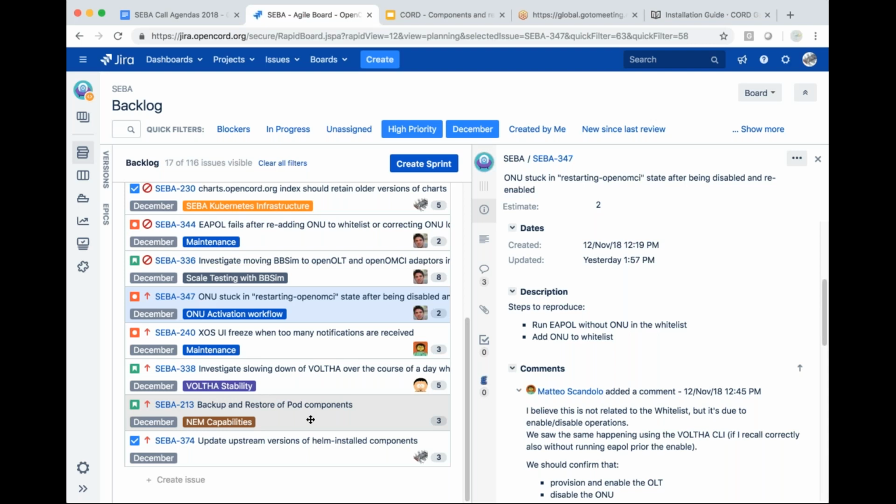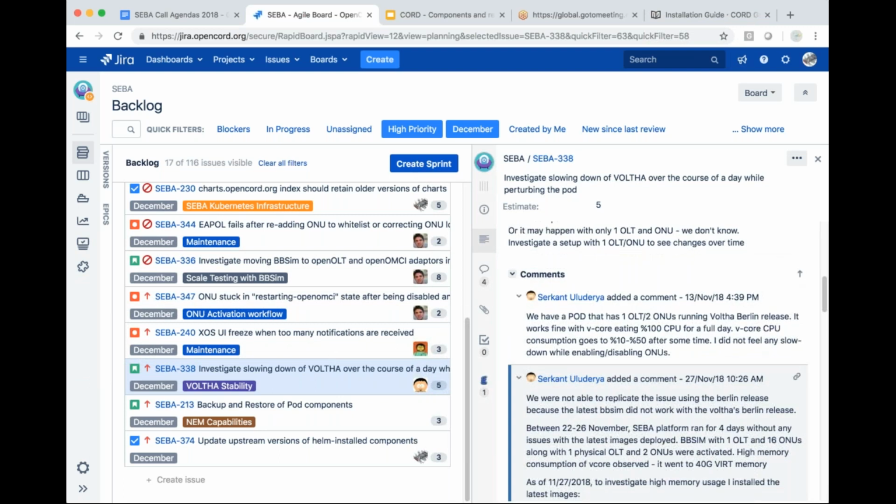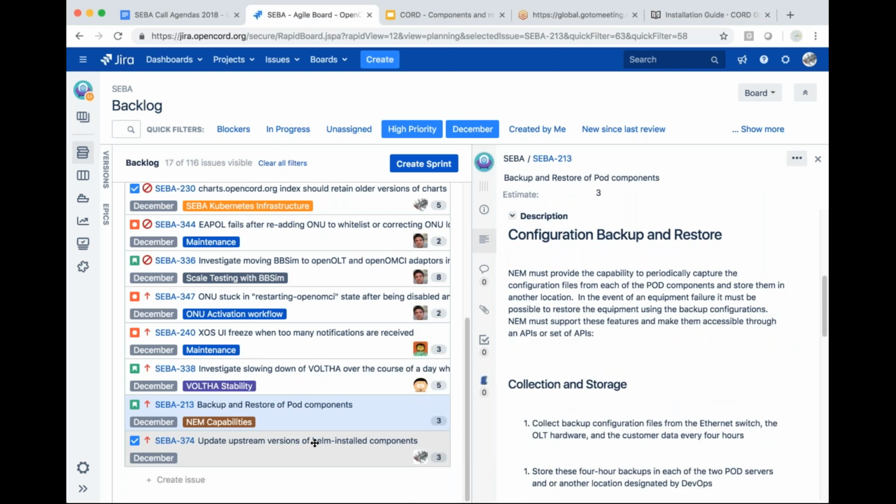Right. The next items are all just high priority. We can look over them. They're minor things like UI freeze and slowdown that we've been trying to work through. I think the slowdown might be dealt with, but I'm not sure if Circont got to the bottom of that. The last two are backup and restore and updating versions of components. If we get to those, that'd be nice, but I don't think they're required for the release. So